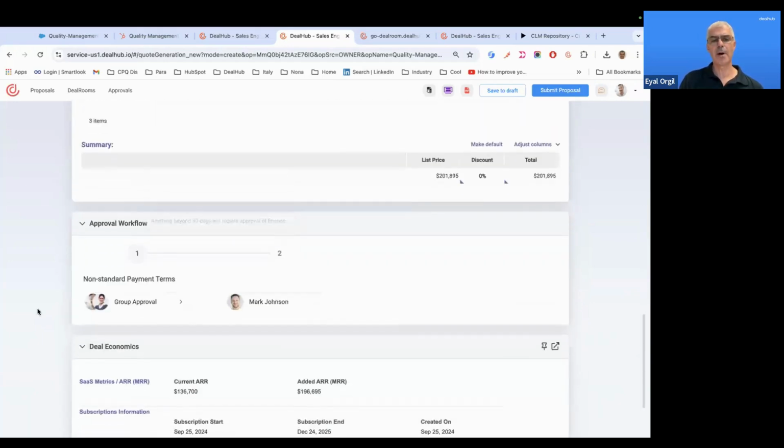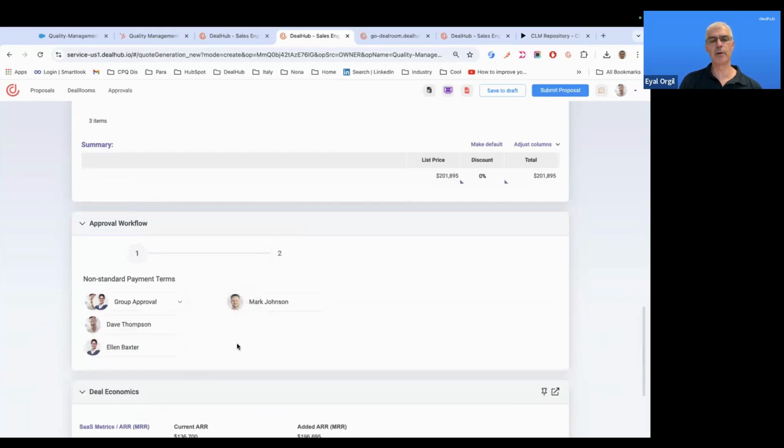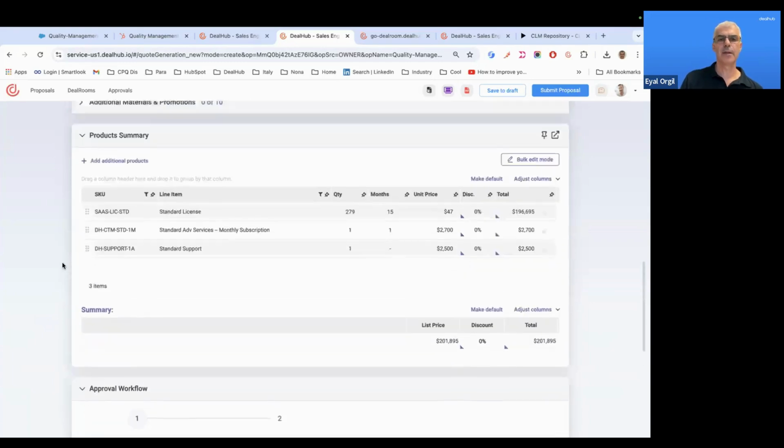And if I slide down to the bottom of the page, we basically see we have an approval process here. I actually have a two-step approval where, again, it could be a deal desk or legal, where one of Dave or Ellen, or maybe both, need to approve it. And then it will go off to Mark to approve. So any changes that I allow a salesperson to make, I can put some guardrails around that. I didn't show it in the previous contract that I built, but obviously I could have done that as well. At any time, we can put approval processes, basically triggering off of any inputs that'll be provided by the salesperson